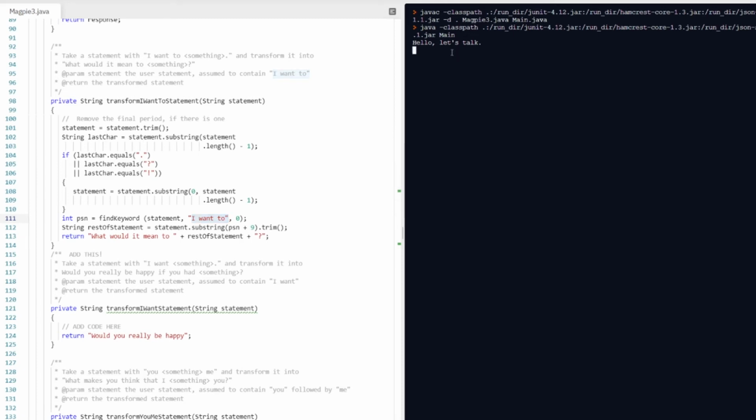Let's just try that out. I want to learn CS. What does it mean to learn CS? So again, we just took whatever is after I want to, which is learn CS. We took the statement, what would it mean to, and then learn CS. If we took this down to position 8 now, kids, and we want to do, I want to learn CS. Now you can see, look kids, we went to the next letter over there. So remember, your position here is super important.